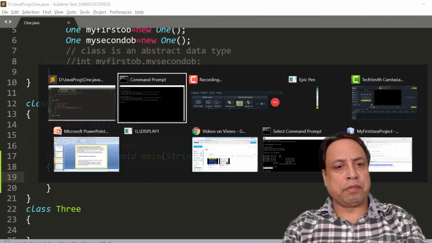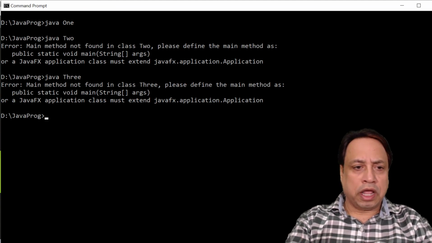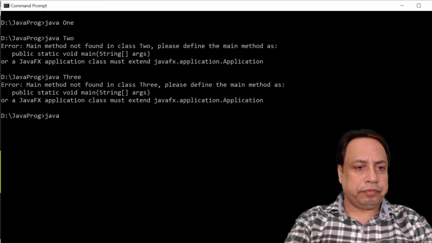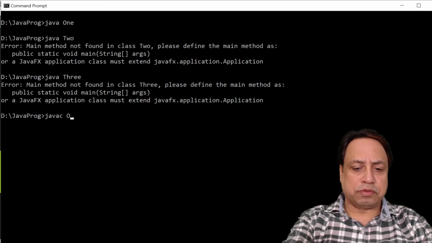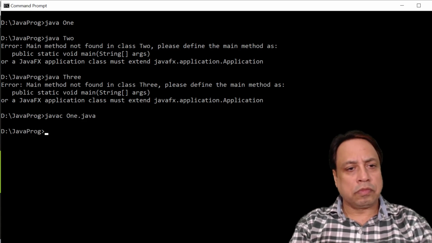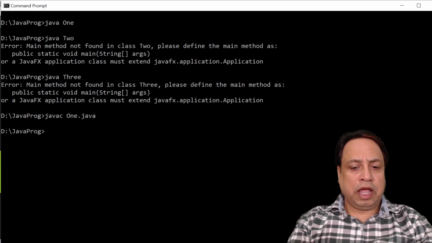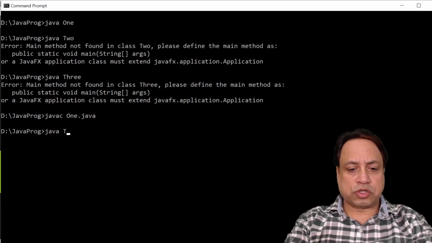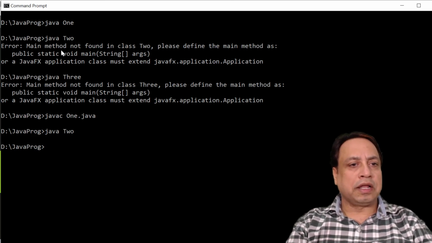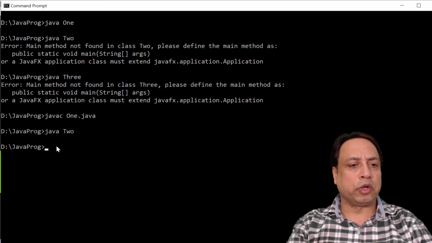We save this program and go to the command prompt again and use javac. The name of the program is 1.java. Let us compile it again and let us execute now class 2. Once I executed, you see that initially it was giving you an error. Right now it is not, because right now it contains the definition of main into it.